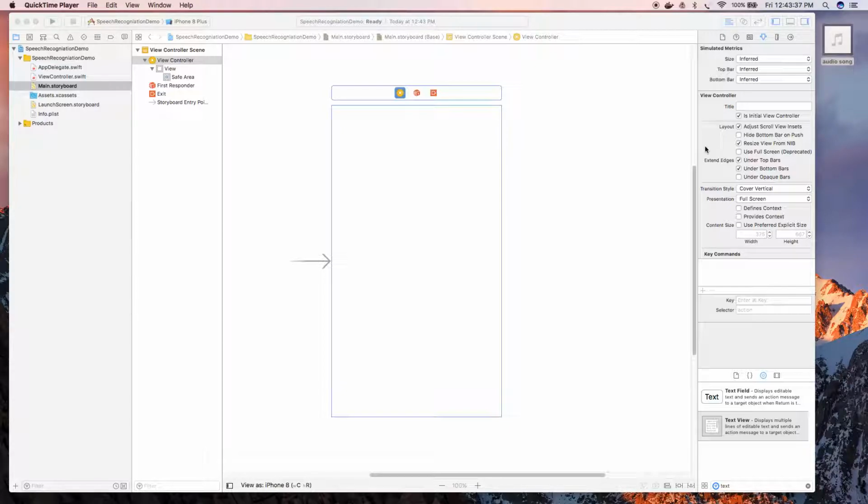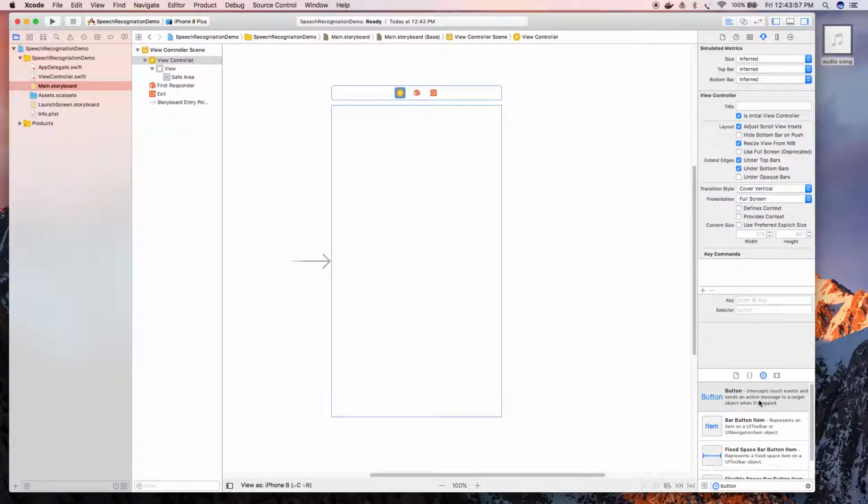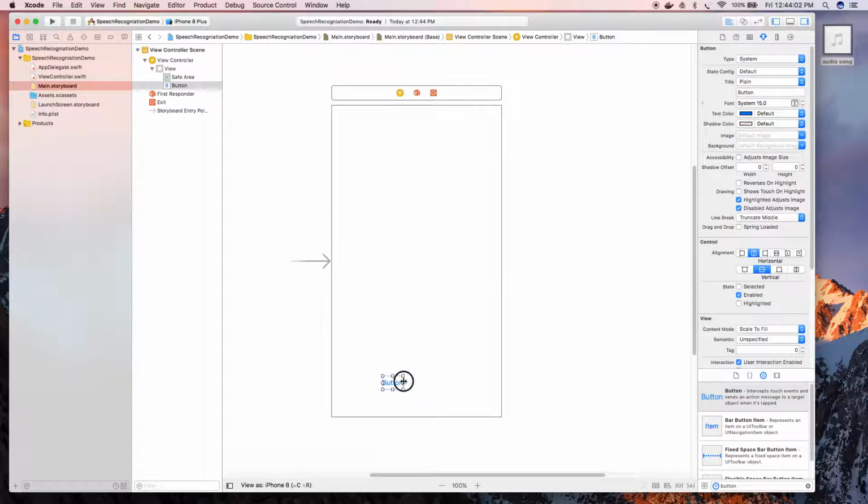So let's get started by creating a new project. On my screen I have already created one new project. So you are seeing one storyboard here. Now we're going to add one play button to play our audio file. So search for button here from the object library, and then we're going to place this button here. Just make it aligned to the center of the screen, then write